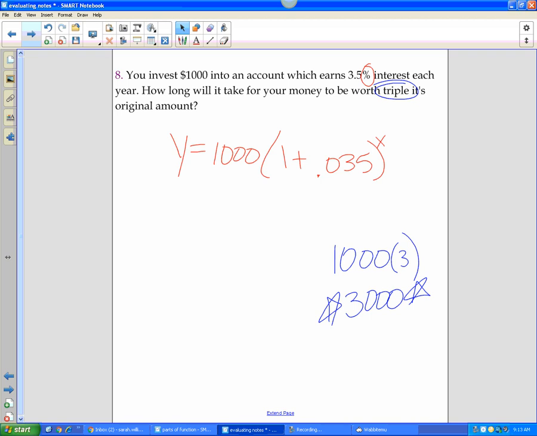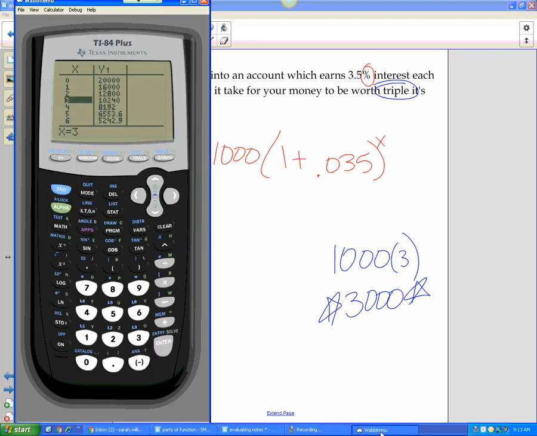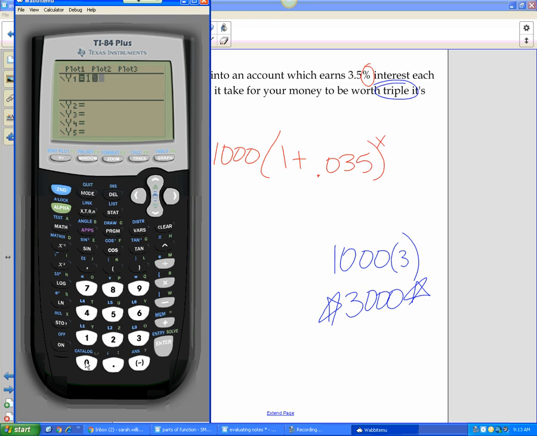Okay. All right, so in my calculator, I'm going to put this in the y equals 1,000 parentheses 1.035 to the x. 1,000 parentheses 1.035 parentheses to the x